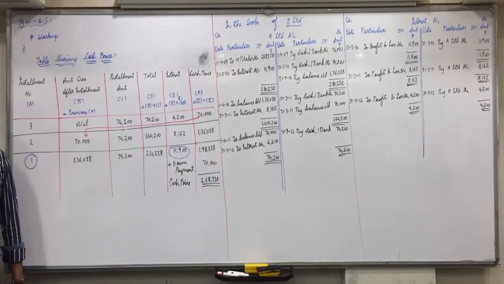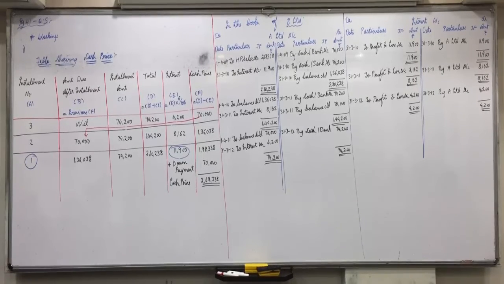So A Limited's books ledger account is your homework, and also question 6, where you have to make only the given accounts. Prepare the printer's account and interest account in the books of... this one, only the seller's books are asked. So the seller's books will be practiced again with question number 6. Okay, we complete this today.